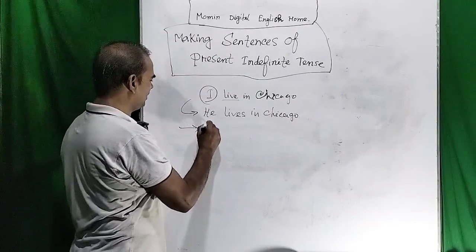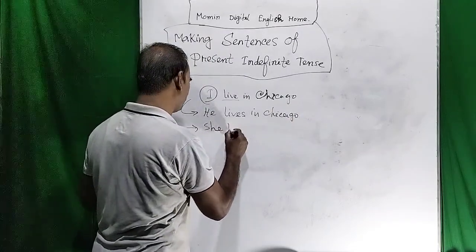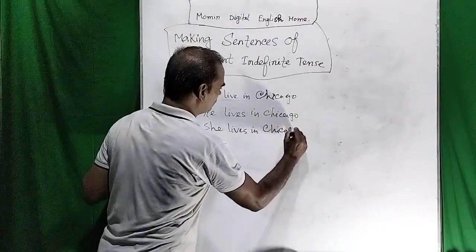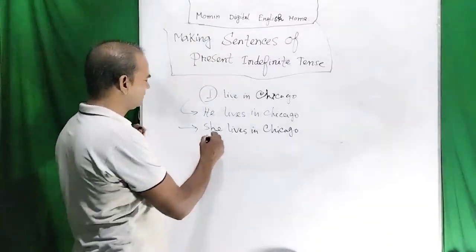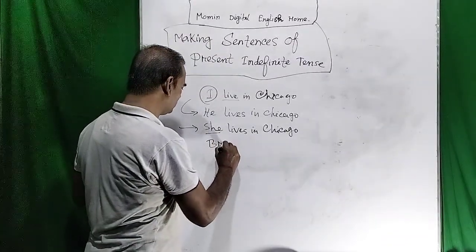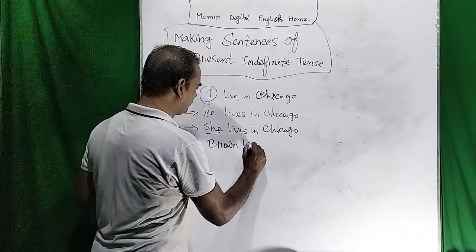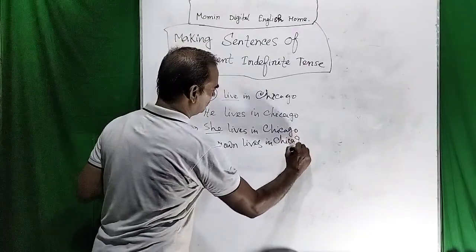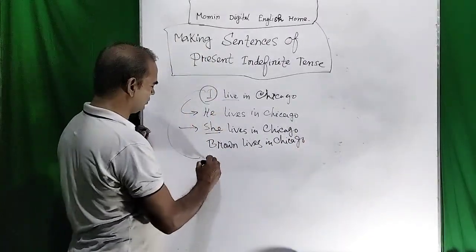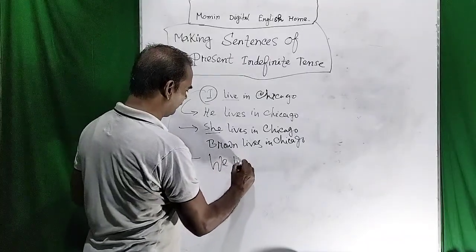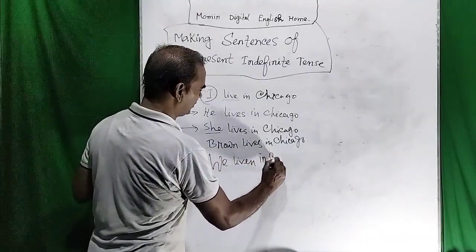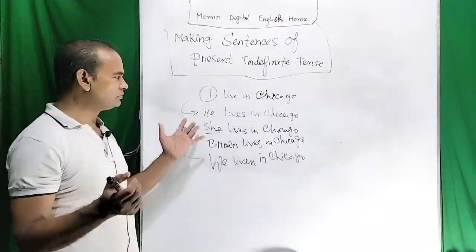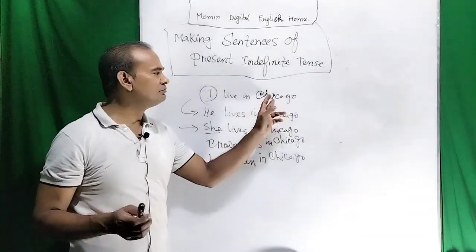Or it is she, so she lives in Chicago. Suppose it is Brown, Brown lives in Chicago. But if it is we, we live in Chicago. So what do I want to tell you? That I live in Chicago, but